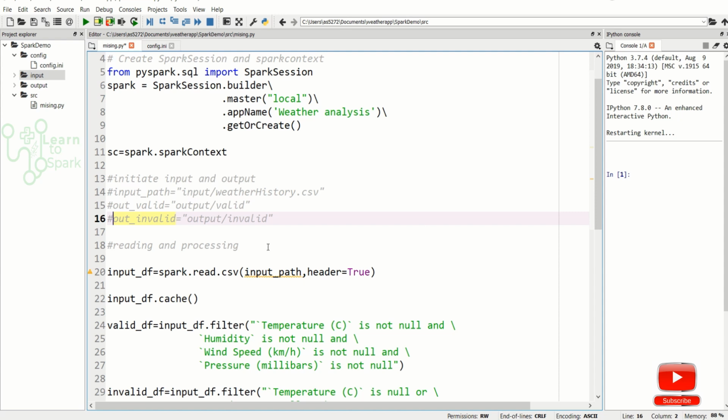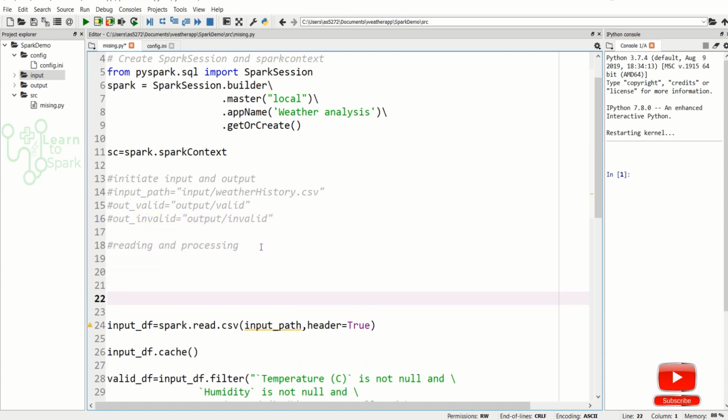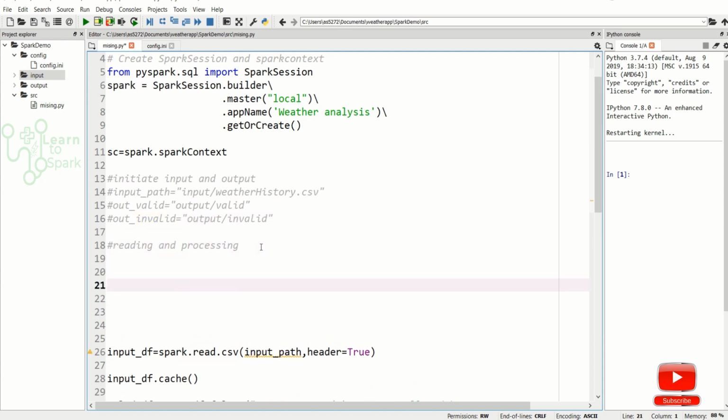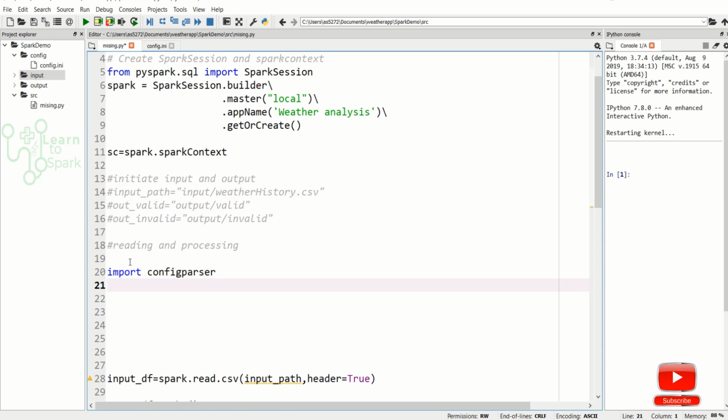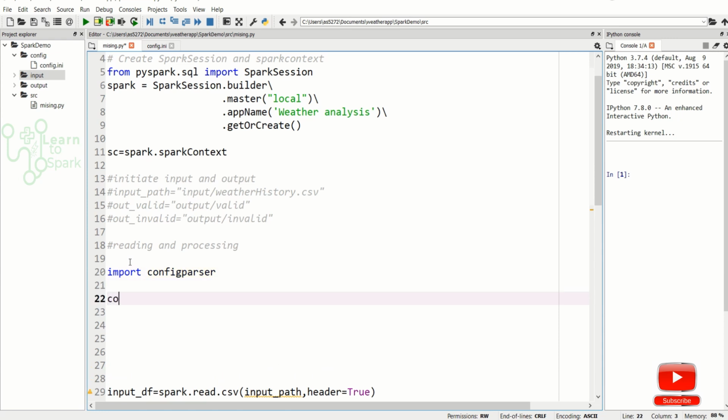Now we have to read this config file and give it as input to read.csv. For that we have a package in Python called configparser. We are going to use this, and I'm creating an object for it. Let me say config_read equal to ConfigParser.